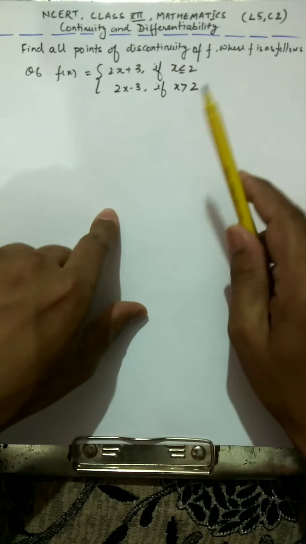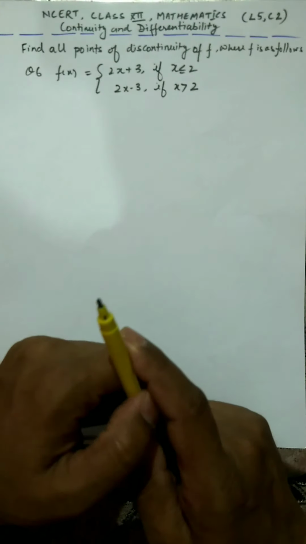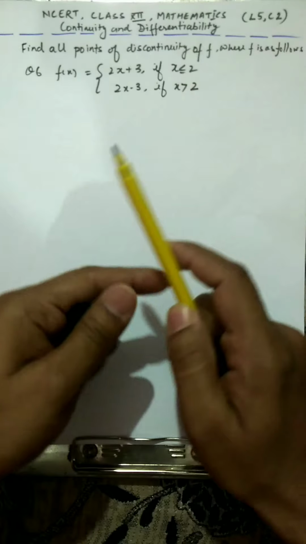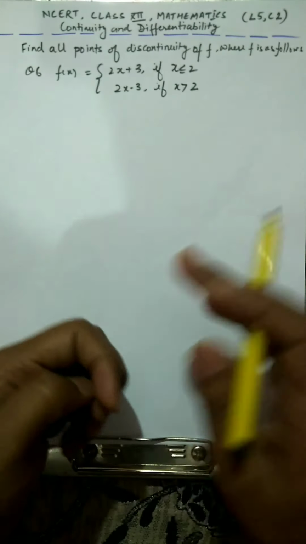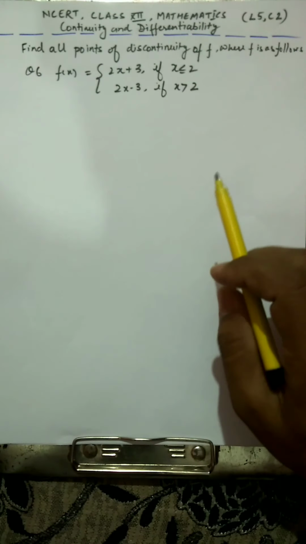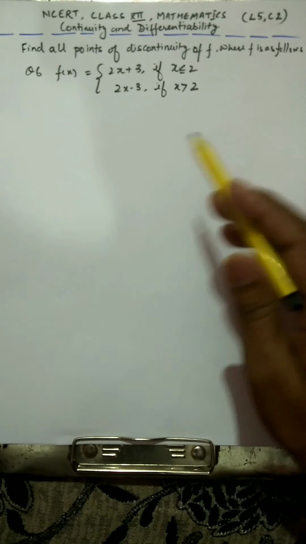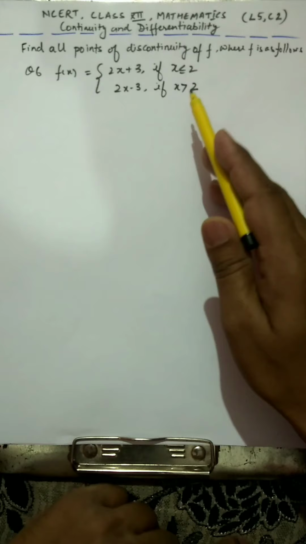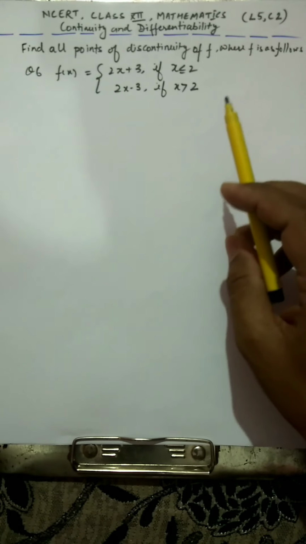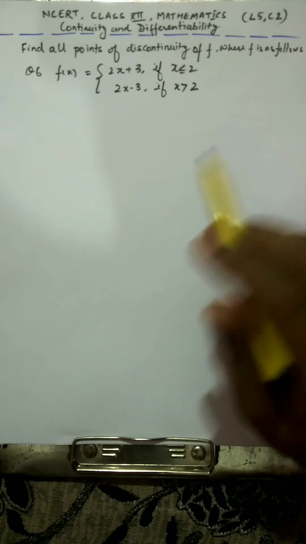You always remember that if the function will be discontinuous, it will be discontinuous only at the point x equal to 2, because from x equal to 2 the function is going in two directions, in the left direction or in the right direction. But because we have to discuss this complete function in the whole domain, and you can see the domain is real numbers, all numbers are in the domain. So we'll discuss all the points in the domain.